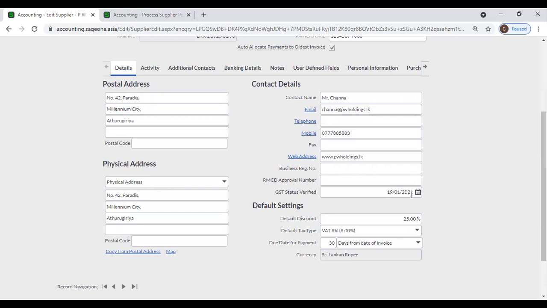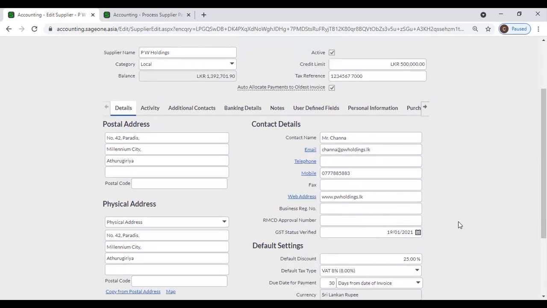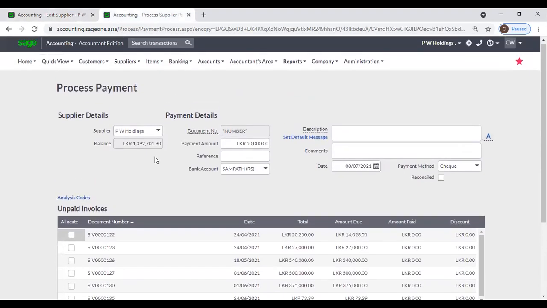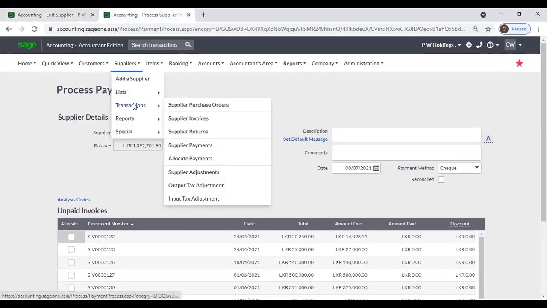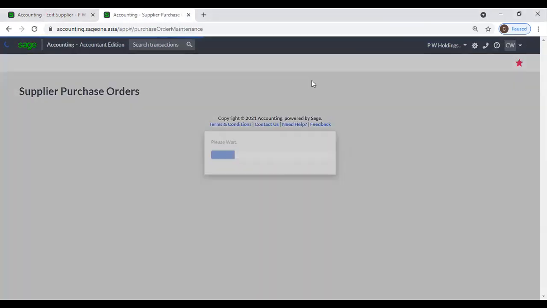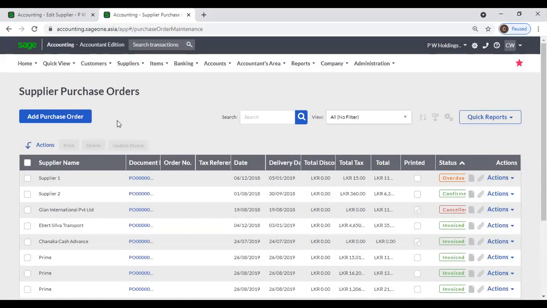Then GST status verified. If your supplier's tax registered date is available, you can enter it here. Next, default settings. From default settings, you can enter a default discount. Now, if you enter a default discount, when you enter any transactions for that supplier, that default rate discount will apply. We will enter one purchase order,